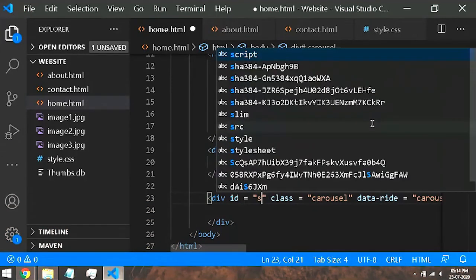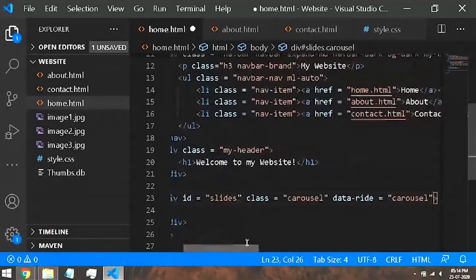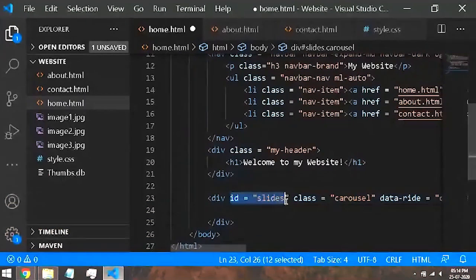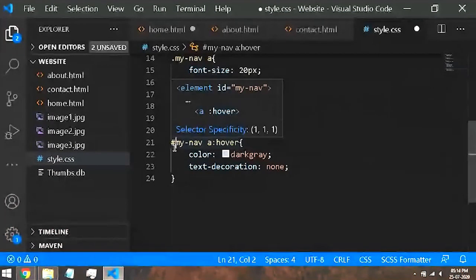So what is an ID? ID is basically like a class, and you can access elements using the ID, just similar to accessing it using a class. Here we said .mynav because mynav was a class. But if I said #mynav, that would mean that mynav is an ID, not a class.